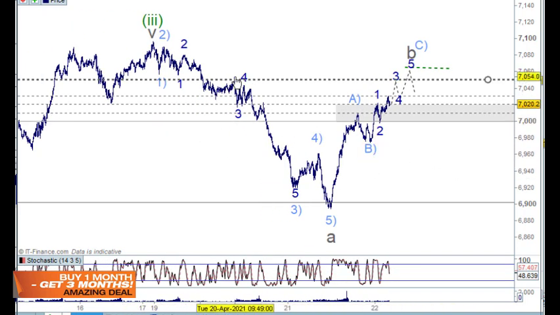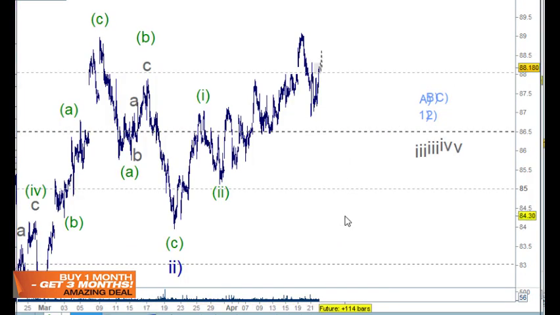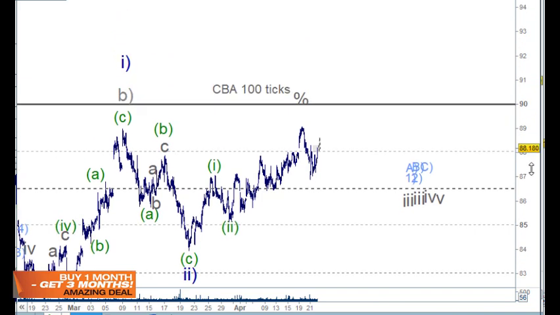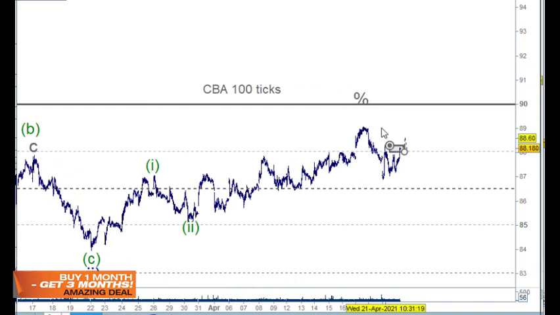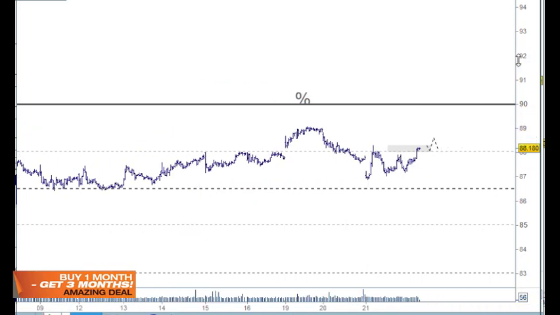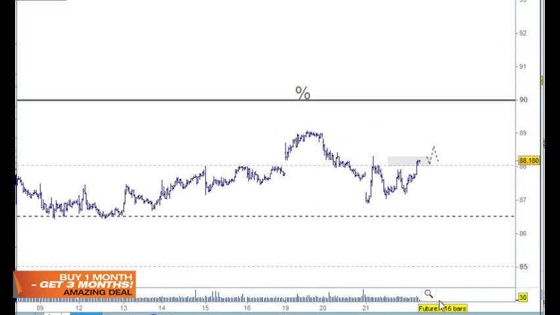The other interesting point here, if I can just deviate for a moment and go to CommBank. We'd been stopped out on this move down through here. But what I want to look at is, I'm still considering this being bullish here because of this 3-wave move here for CommBank, and this is 100 ticks, of course. But I really was just interested in this little move here, if that's okay to look at, because it's really the banks that are driving it,